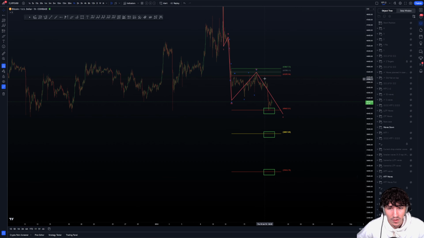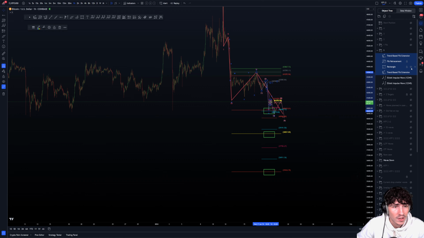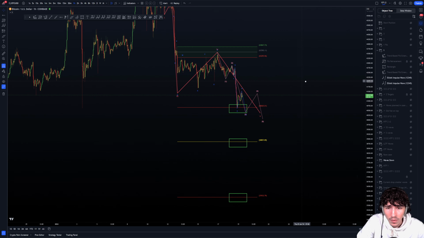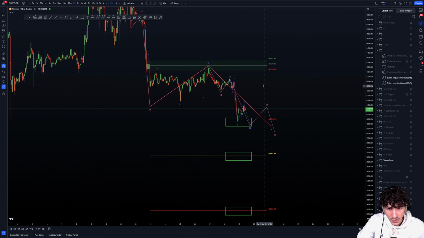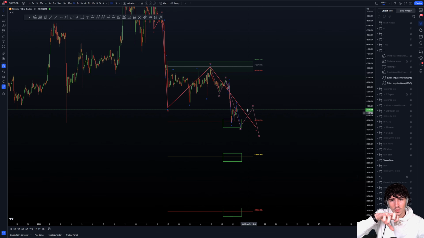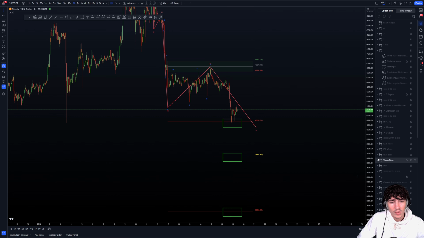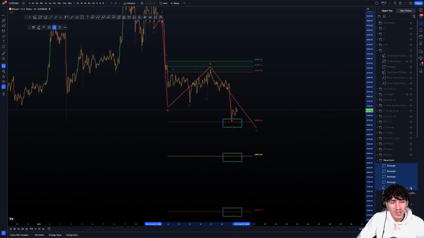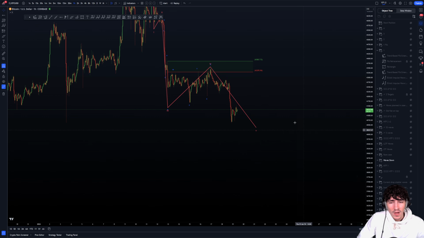But anyway, so here, what we can look for is simply, first of all, an impulsive. So I'm just going to remove all these fibs right here, bam, so we can see a bit more what's going on. First of all, we do have some 5 waves down, then we have a correction, then we have another 5 waves down, then we have another correction. So we have a wave 1, 2, and another wave 1, 2. Before continuing with these lower time frame waves here, what you have to understand is what we have in a wave 5. And by the way, I'm going to remove also the target so we can see all the waves better.